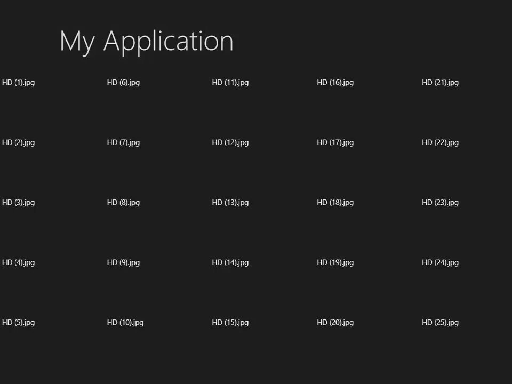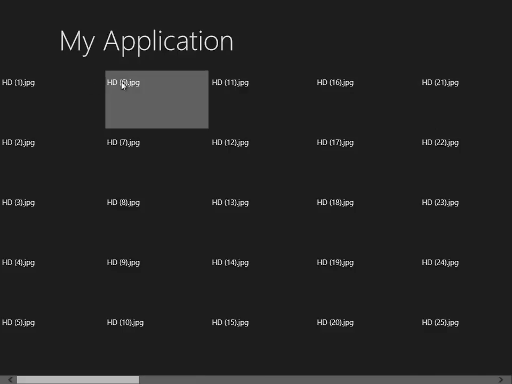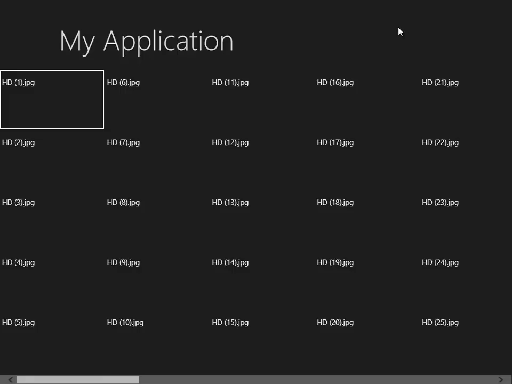Looks like there is some problem with it. The images are not getting displayed. So let us try to investigate what's the problem. We shall verify the name of the properties and other things. So we got time to do some debugging now. Okay, first I'll stop this Metro application. I'll hit Alt F4 and